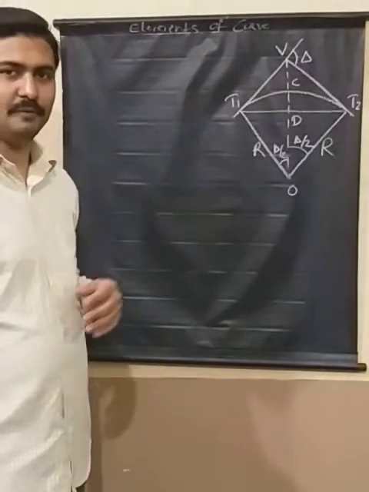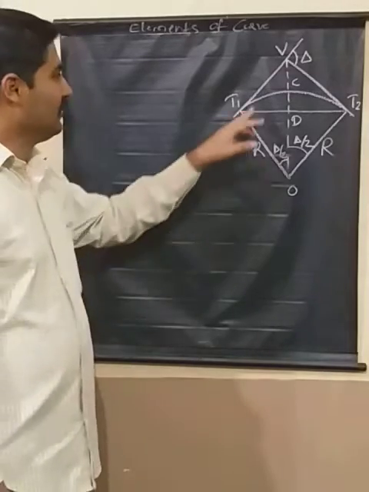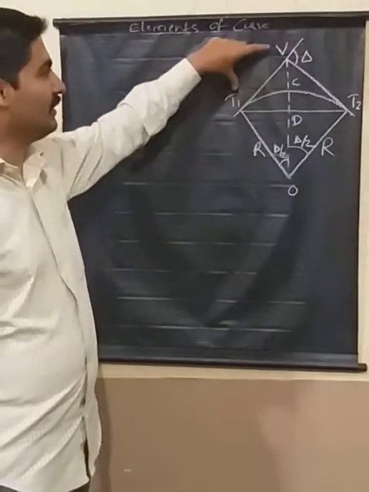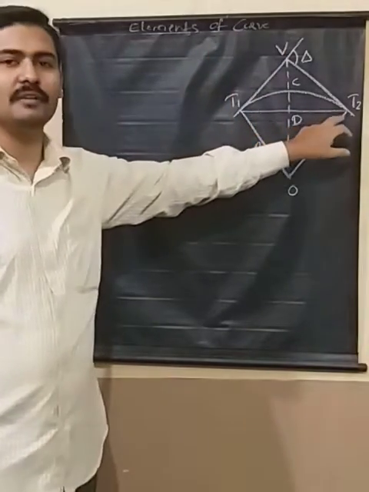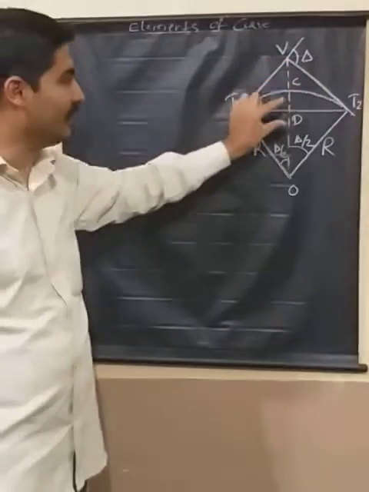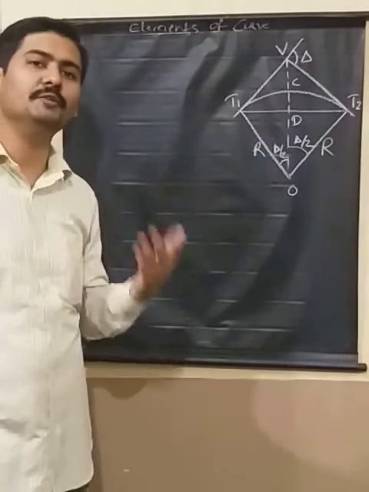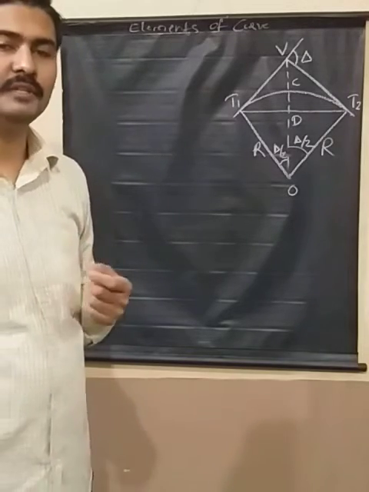For example, if I have to find out the length of the curve, what expression do I have? Or if I have to find out the length of the tangent, what options do I have? To find out the length of the long chord, the external distance, and the mid-ordinate, I need to get some mathematical expressions to find out these elements.